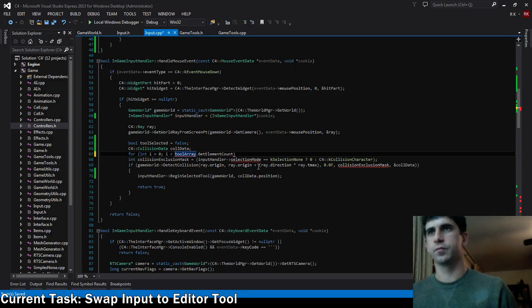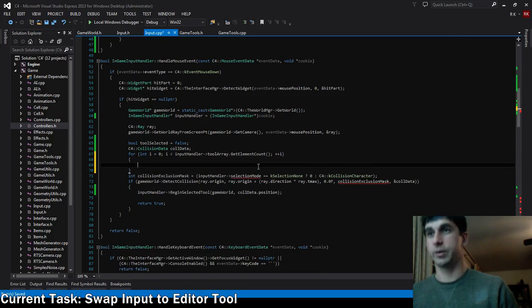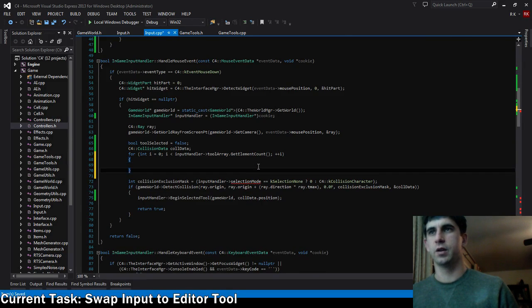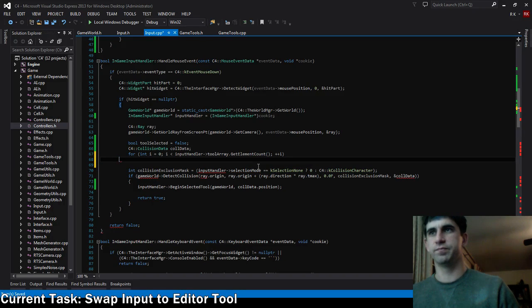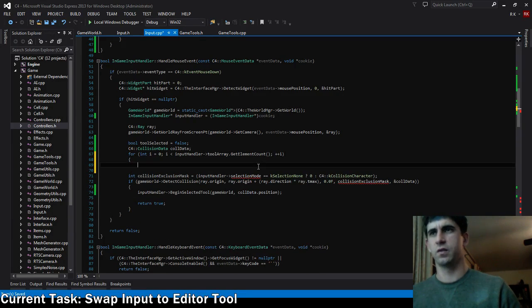Which means looking through the tool array. There we go. And we need to just check and make sure that if any tools are selected, that we know about it. So, let's just do this. If input handler...